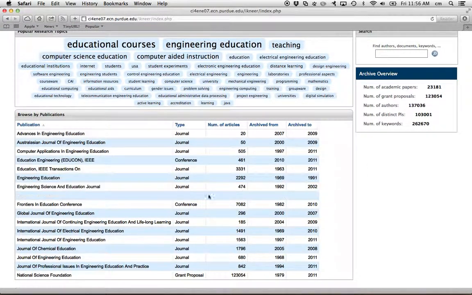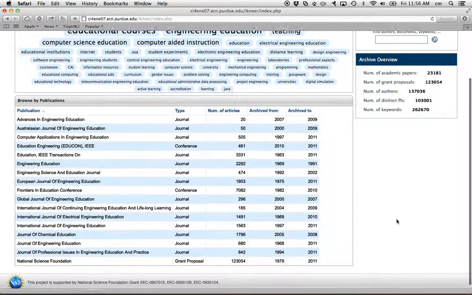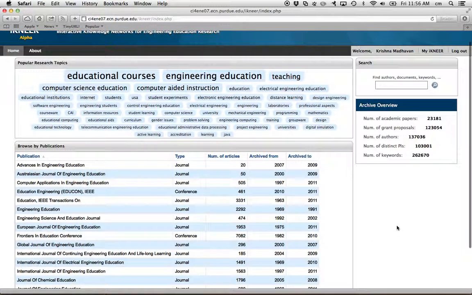Right below that, you see a list of all the knowledge products that our system archives. You will see that they are classified by types, which means some of them are journals, some of them are conference proceedings. And here you see that we also archive a list of awards that have been made by the US National Science Foundation. The idea here is with this particular piece, we want to track the impact of these awards. So eventually, our system will be able to show which grant was supporting what publications and conference proceedings that came out.